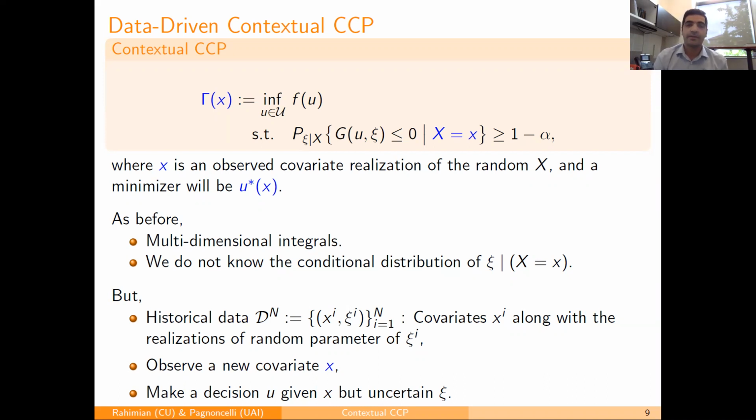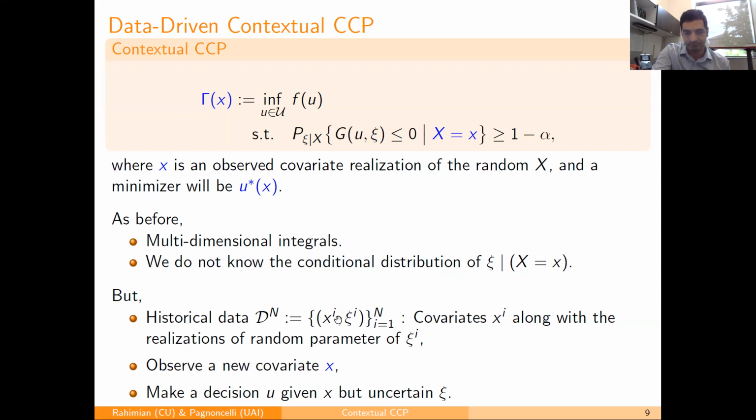But as before, again, we have to deal with multidimensional integrals. And as before, we might not know the probability distribution. Here, the probability distribution is the joint probability distribution of covariates and random parameters. And because we cannot know that with certainty, of course, we cannot know the conditional probability distribution of psi given x. However, as before, we might have some historical data available to us where now our observations are